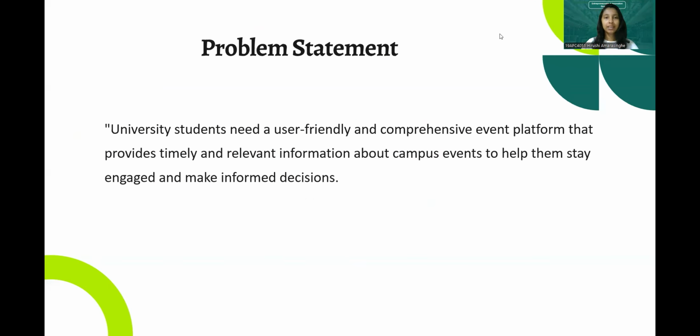Thank you, Tachini. In this slide, you can see the problem statement we built. It is, university students need a user-friendly and comprehensive event platform that provides timely and relevant information about campus events to help them stay engaged and make informed decisions. Moving on to the next slide,